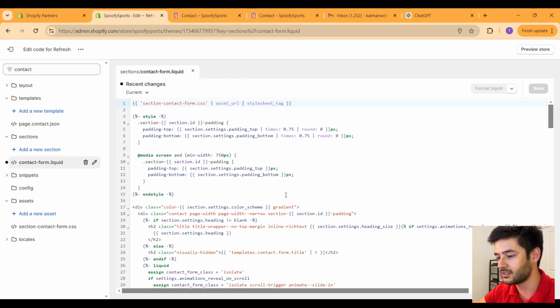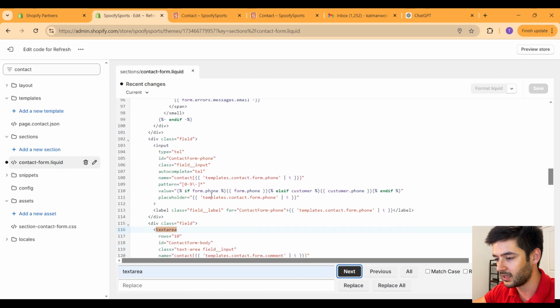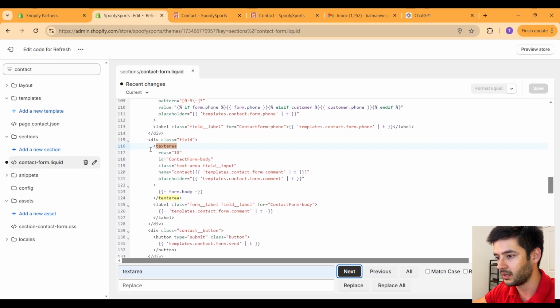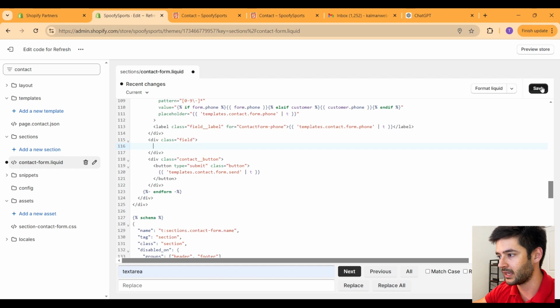Navigate to this file, and what we want to do is search for what is likely going to be a text area input field. So we'll use Control F, look for our text area, and then we'll just say next. And you guys are going to see it takes us right to our text area element. And we want to delete the text area and the label here. So we'll just go ahead and select all of this, backspace, and go ahead and click